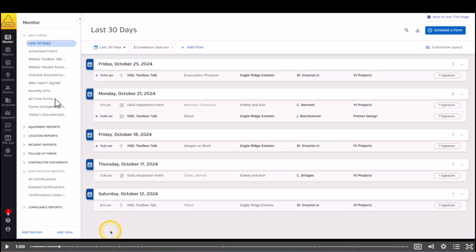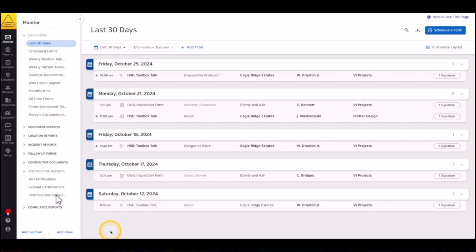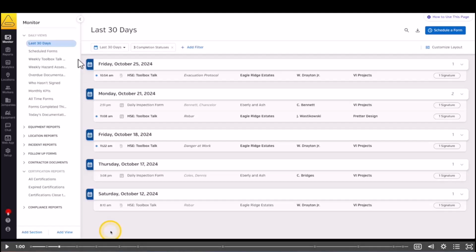I've got access for every single job to every bit of HSC documentation that I could ever possibly need. And it's really, really simple to go in. And you see over here on the side, I can actively sort and filter and search for the different types of tools and features and things that are going on inside of SiteDocs. So you can see I've got a summary right now. I'm looking at the last 30 days, what forms have been done and completed, which ones are outstanding,